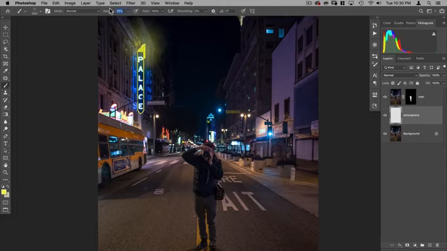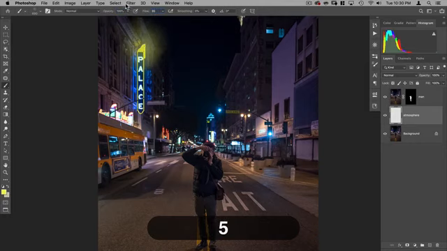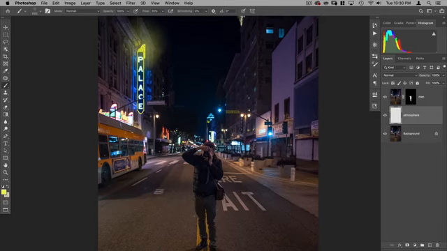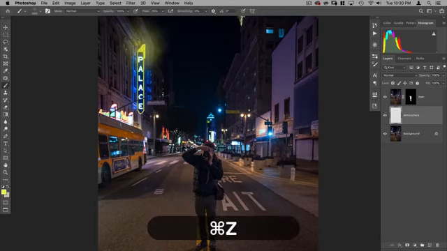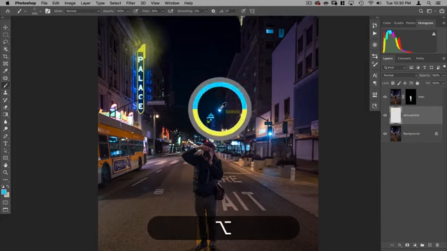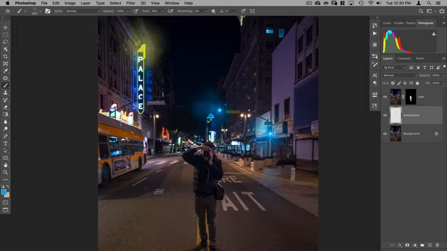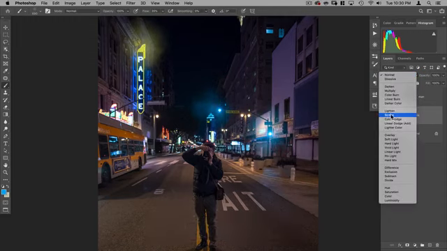And actually, I'm going to keep the opacity at 100, but I'm going to take the flow down to 35. And the difference here is with opacity at 35, no matter how much I paint, it'll never go above 35 opacity without clicking again. Whereas with flow, I can start painting and go over, and it'll start multiplying on top of that 35% opacity. Okay, so now let's do the other lights here. And I'm going to put this on screen.